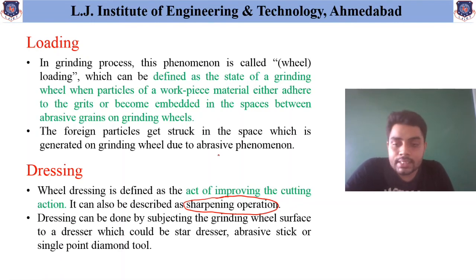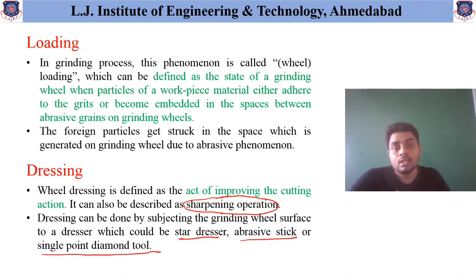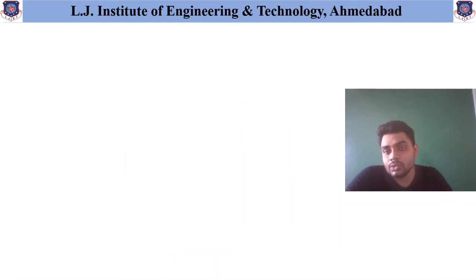So this dressing can be done by subjecting the grinding wheel surface to a dresser, which could be a star dresser, maybe an abrasive stick, or maybe a single point diamond tool. So this dressing is done by using the dresser tool, and the most widely used dresser tool is the single point diamond tool. So this is the basic interpretation of this loading and dressing terminology. The next important terminology is truing. And now to understand this further,